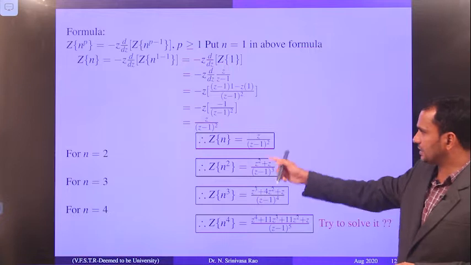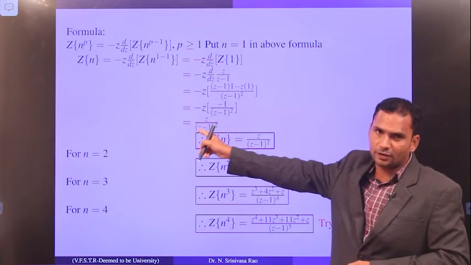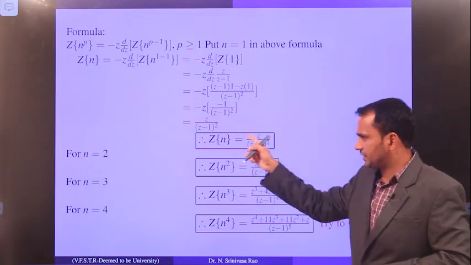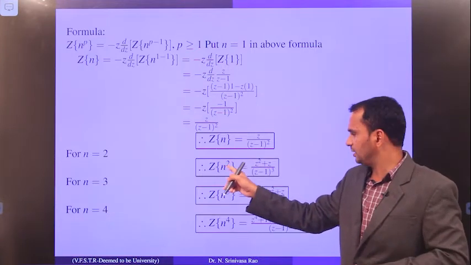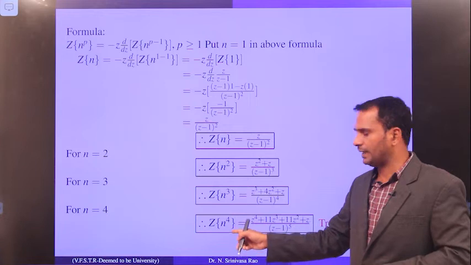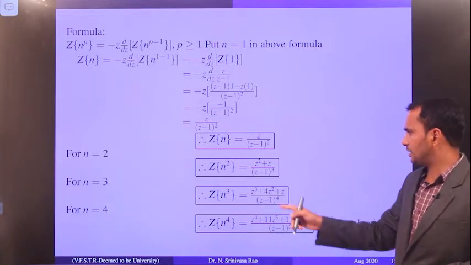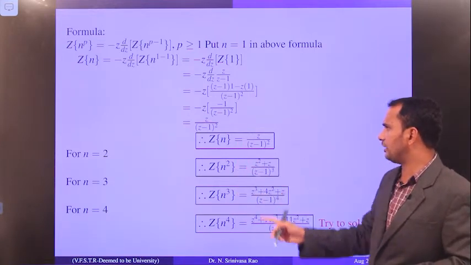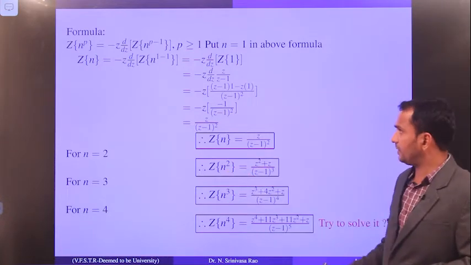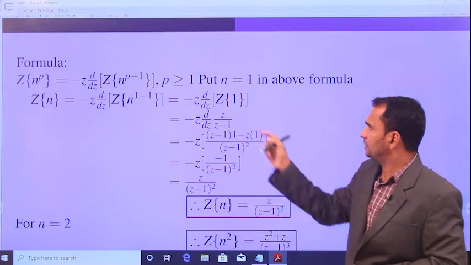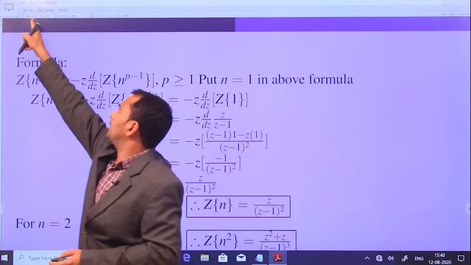So I am generalizing this. I have solved only one, Z of n. For Z of n, I have solved; you have to solve for Z of n square, n cube, n power 4 and so on. So in Z of n square you have to use Z of n. In Z of n cube you have to use Z of n square. Why? Because here you will get